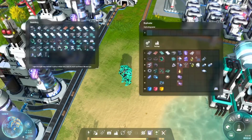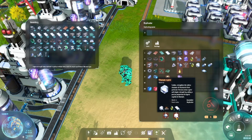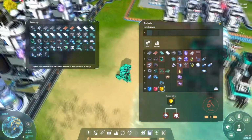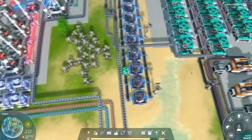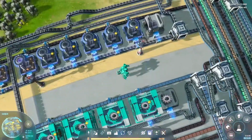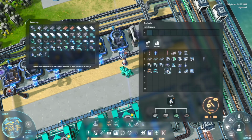Let's see. To get the next tier, we require diamonds and titanium crystals. Diamonds are literally just smelted energetic carbon. Easy peasy. I am running out of space a little bit over here, but I have enough room here, I think, to just slot that straight in. Of course, I don't have any smelters, do I? That's the way it goes. Let's get